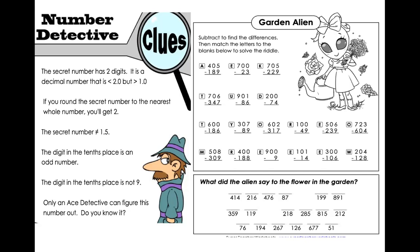If you are doing this on paper, you may want to copy down these blanks, similar to if you're playing the game Hangman, and fill in your answers accordingly. Please remember, once you have figured out the mystery number and you have figured out the answer to this riddle, you're going to send the answer to the riddle and the mystery number to your teacher. She may ask you to show her,